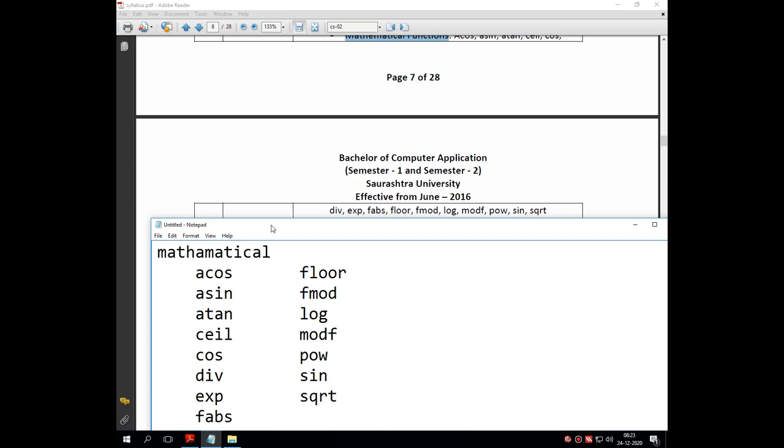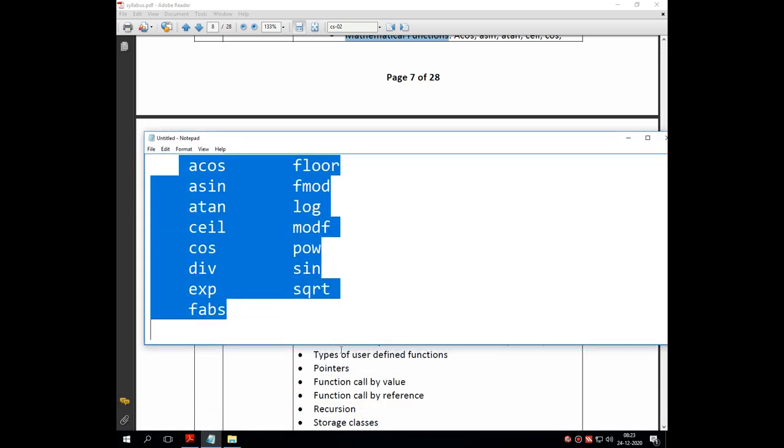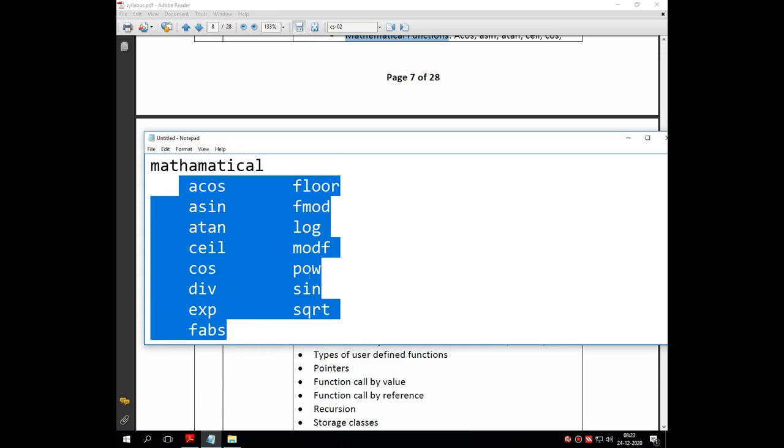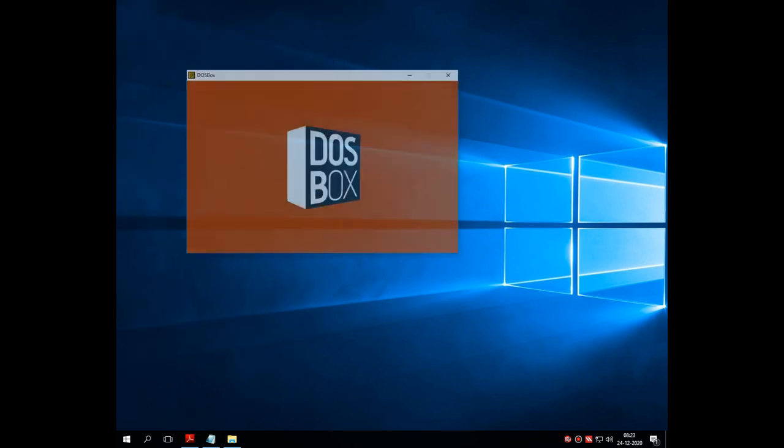So these are the few important functions which we need to discuss in the mathematical group of functions. So now let's discuss each and every one in detail in C.